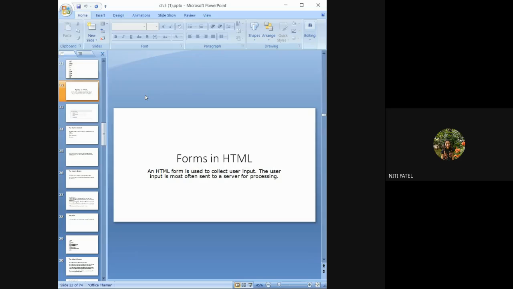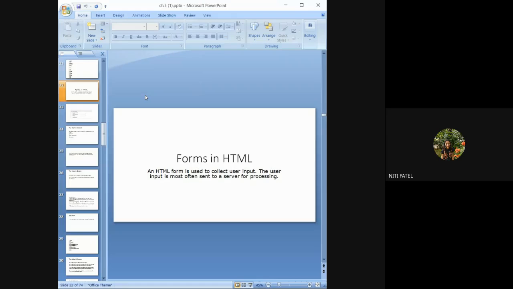What input was collected from you as a user? Your name was collected, your SSC marks were collected, your address proof was collected, your mark sheet as a document was collected, your address was collected, your phone number was collected, your email ID was collected. So all this data was being collected by preparing some interface or a document. So what is that document? It is nothing but the form.